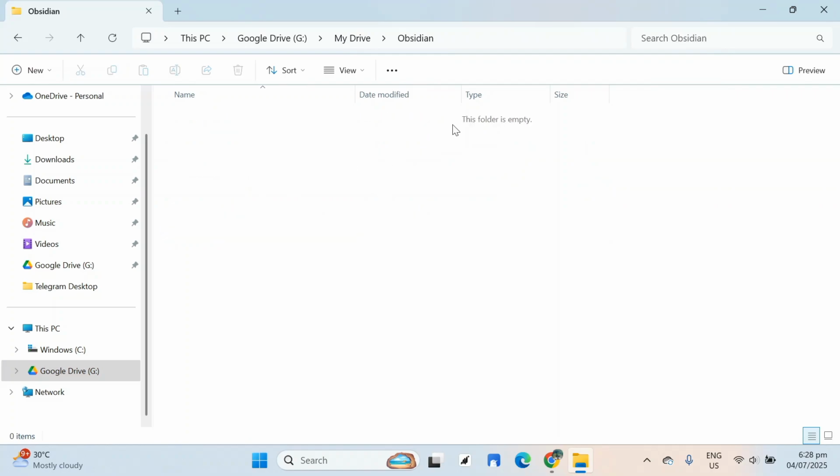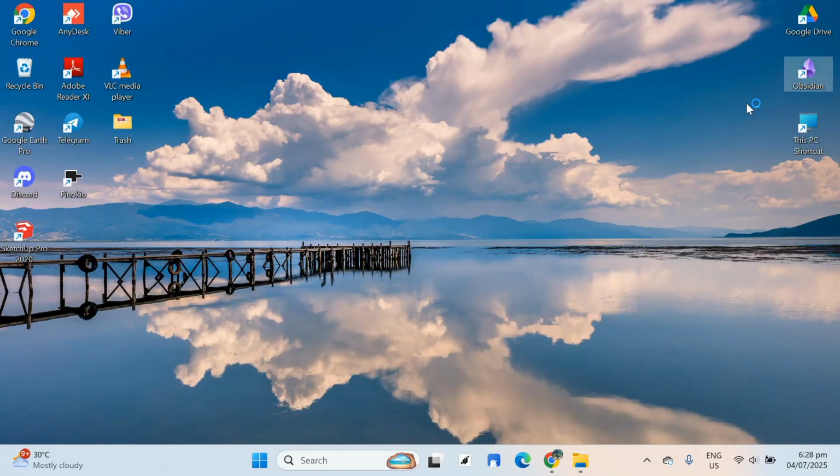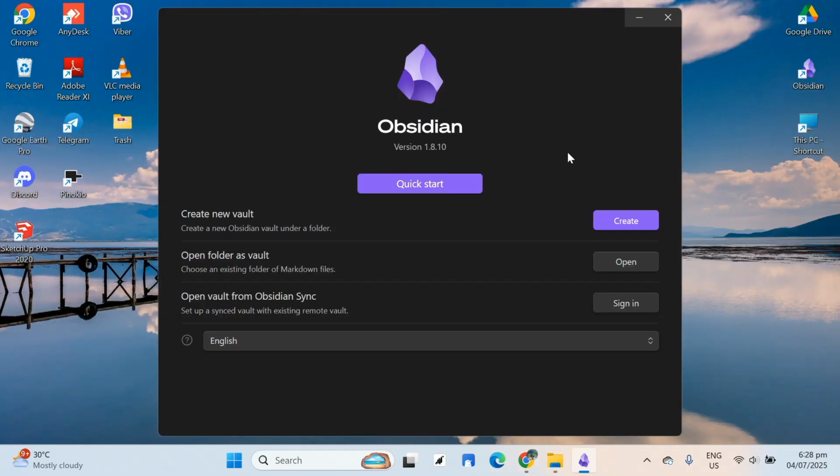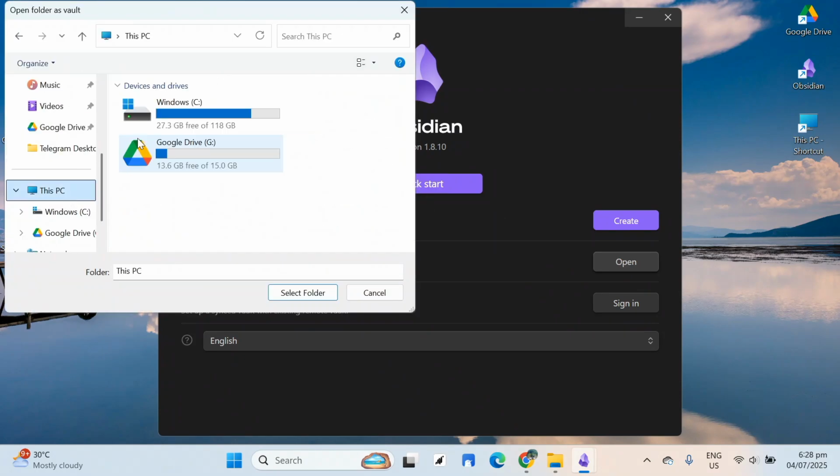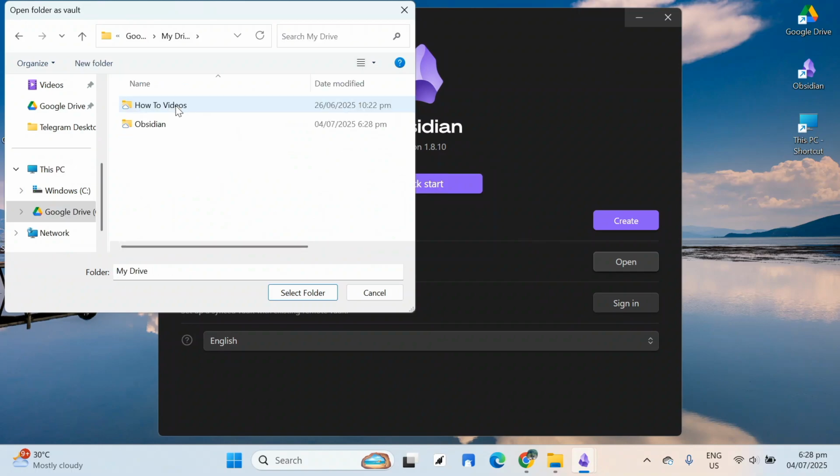And then from there, you just have to find your Obsidian and open it. Once you open your Obsidian, you have to open folder as Vault, then open this, and then you just have to click on this PC, then go to your Google Drive, and then from there you just have to click My Drive and then the folder that you created, and after that you just have to click on select folder,